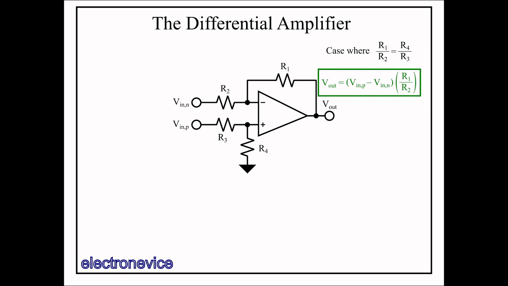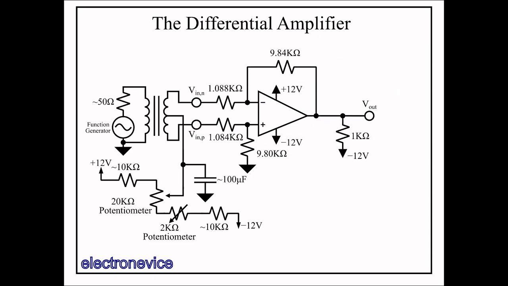Moving on, here we have the schematic diagram for the differential amplifier as introduced in the previous video. Now we put some real values for the components. This is the first differential op-amp circuit we will be demonstrating. The differential input to the circuit is provided by a function generator into a transformer with a center tap on the output. This converts the function generator's single-ended output to a differential output.